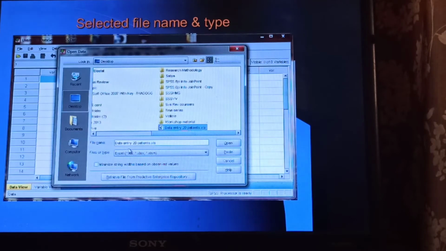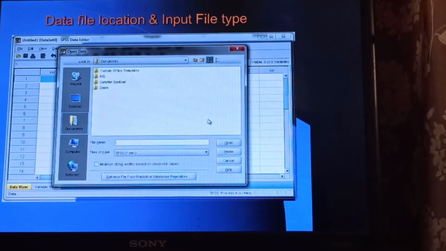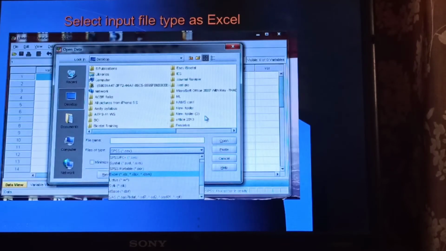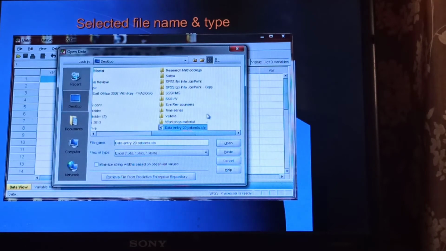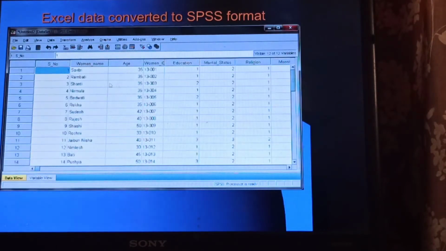Then we will get it read, the variable names from the first row. Now we have got the Excel data converted into SPSS format.